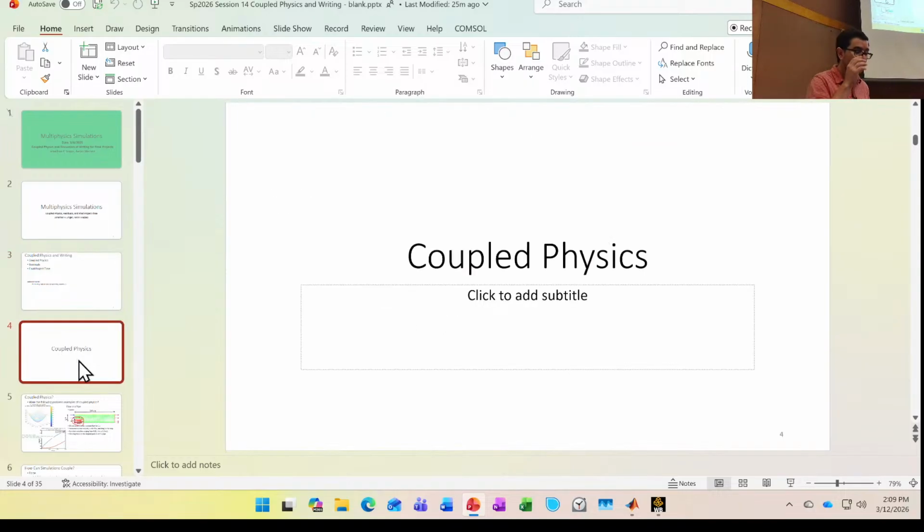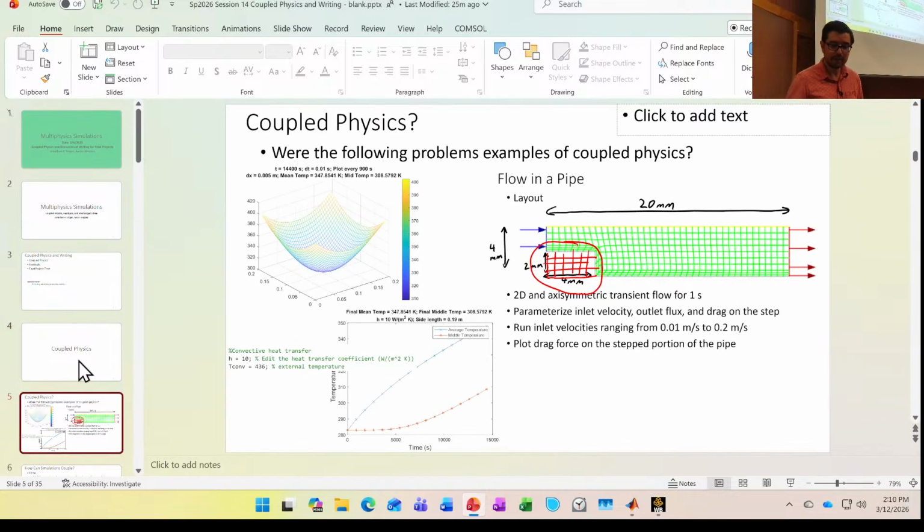So here we go. This course is named Multiphysics Simulations. We are starting to deal with multiple types of physics, and sometimes these physical phenomena are going to be interacting with each other. They're going to be coupling with each other. So let's revisit what we've done up to this point.